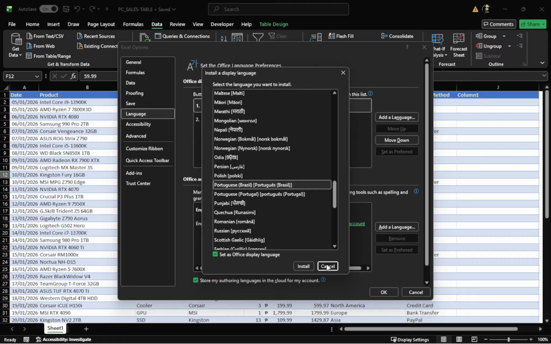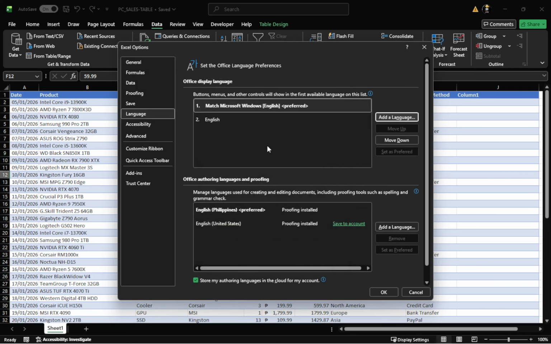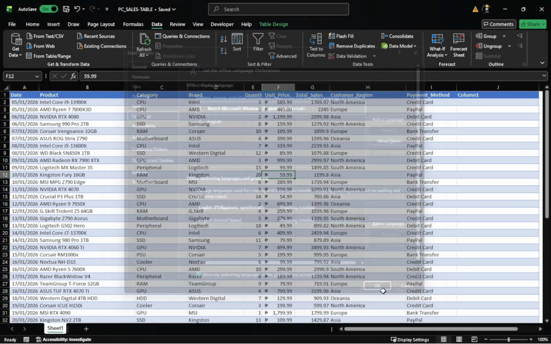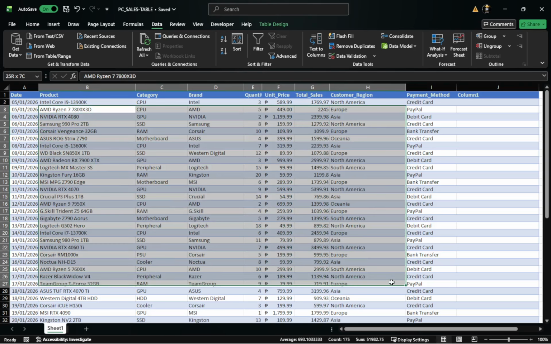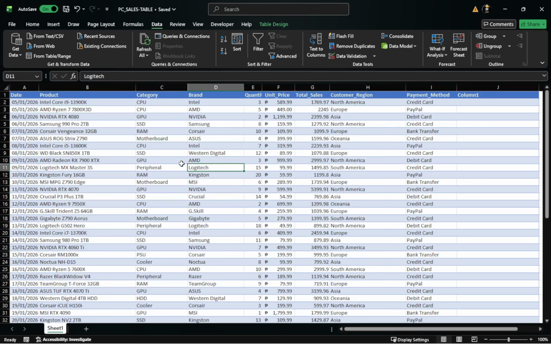After that, click OK. You will find this button at the bottom right of the Excel Options window. When you click OK, the window closes and you return to Excel. The change is registered, but the interface will not switch until you restart. Close and reopen Excel for the change to take effect. Close Excel like you usually do, then open it again. When it restarts, the menus, tabs, and buttons should now appear in your chosen display language.